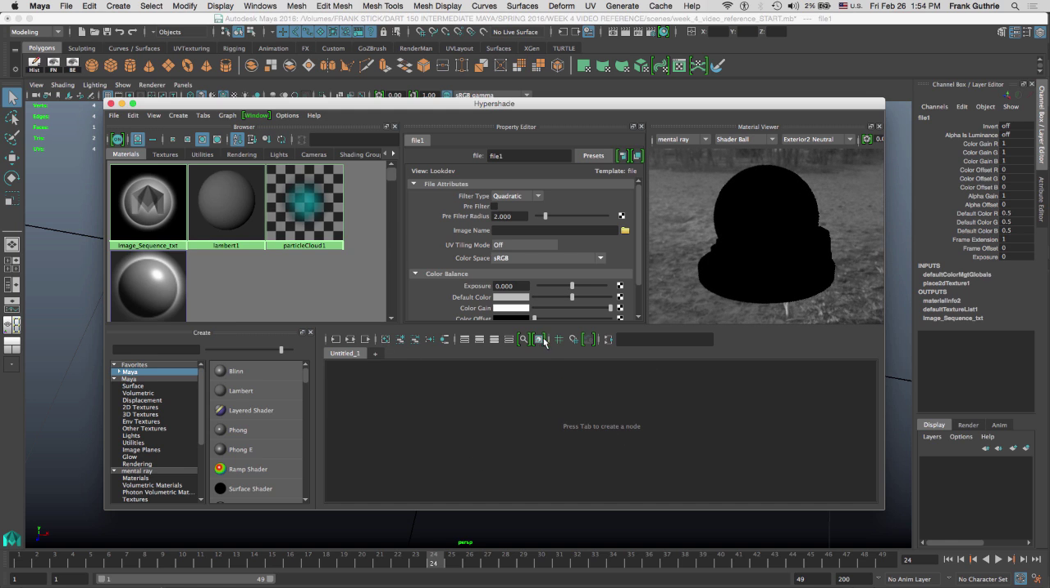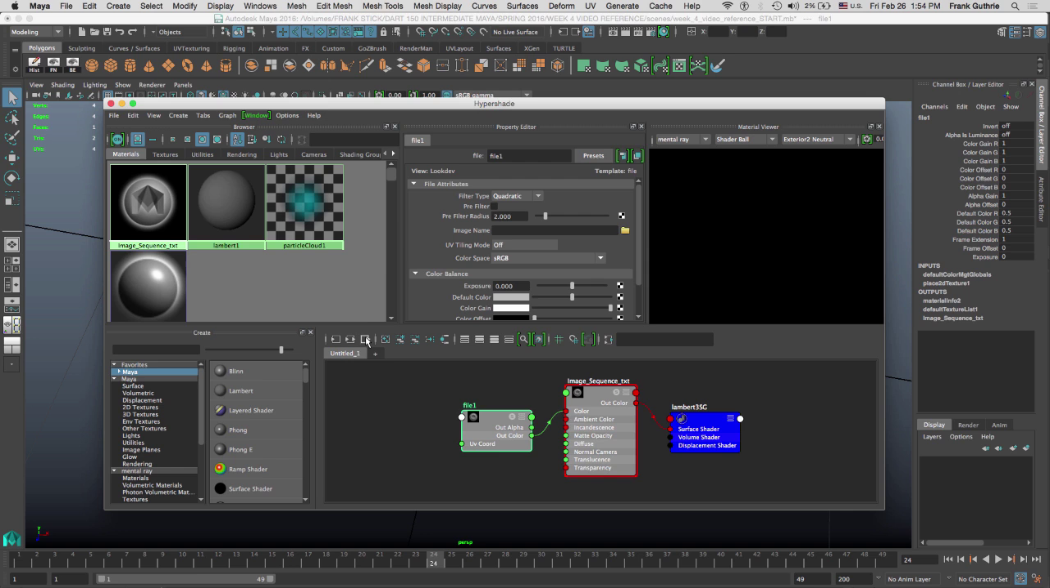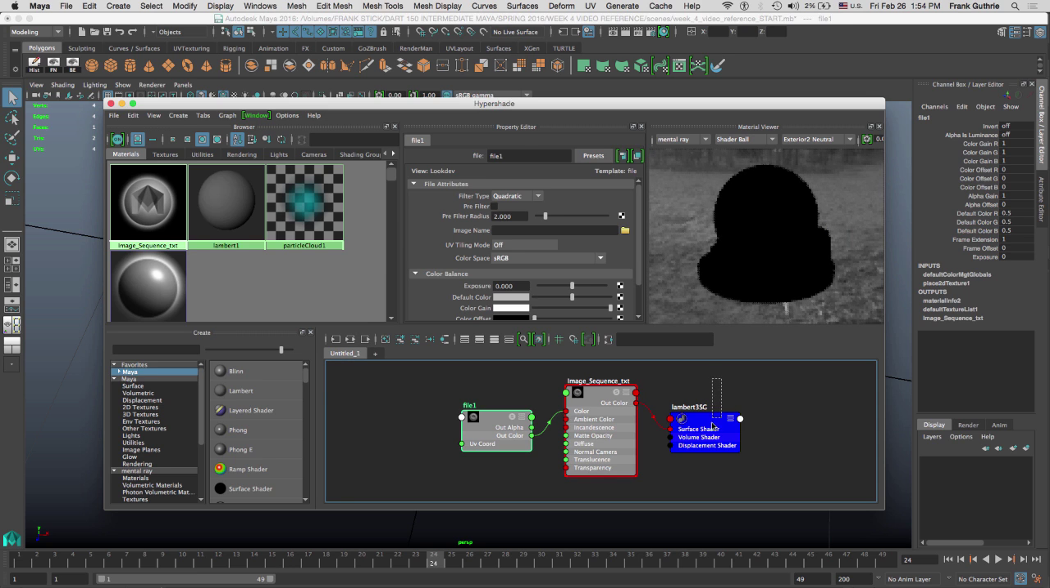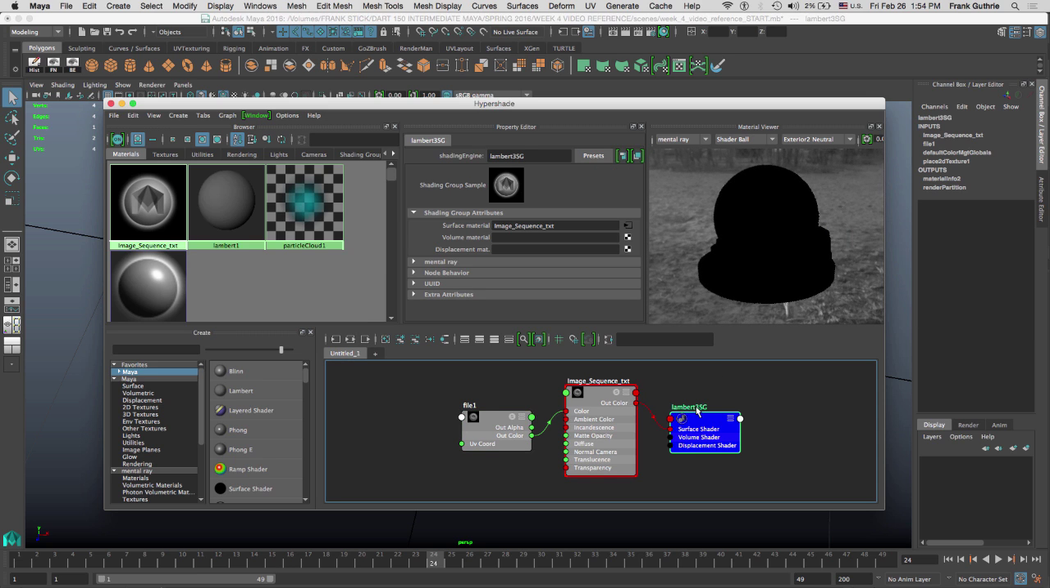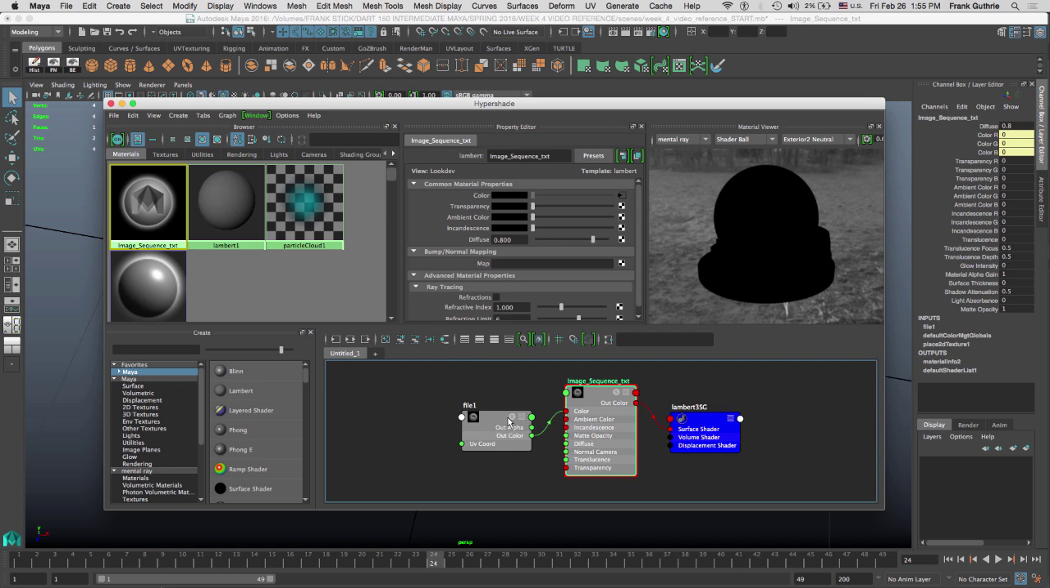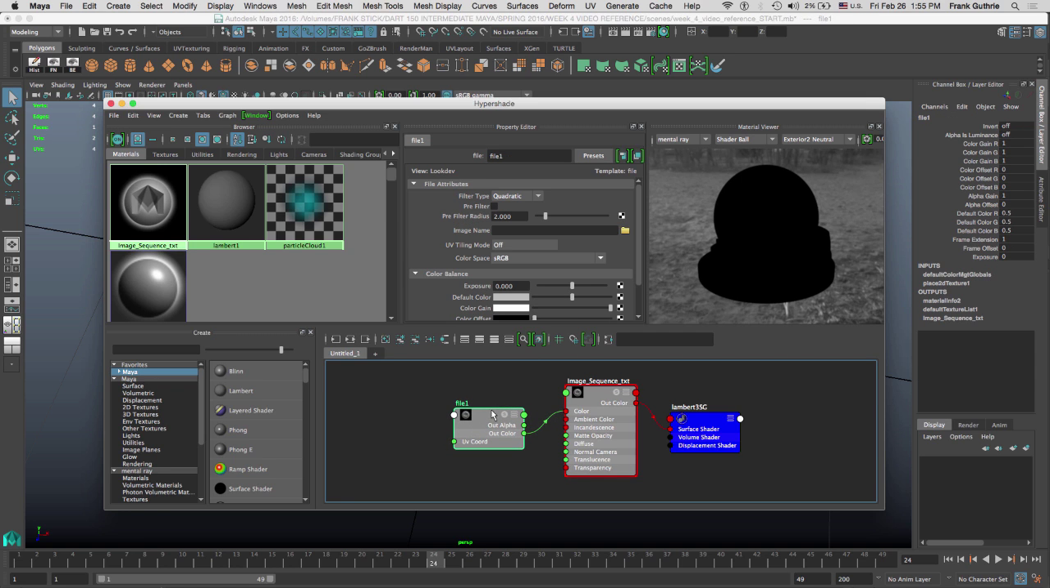And let me clean this right here to bring in something that we've created into our node editor. Just middle mouse drag it into the node editor, let go, and then you want to see your inputs and your outputs. So notice that we have our Lambert 3 SG. SG stands for shading group. This is the actual shader,